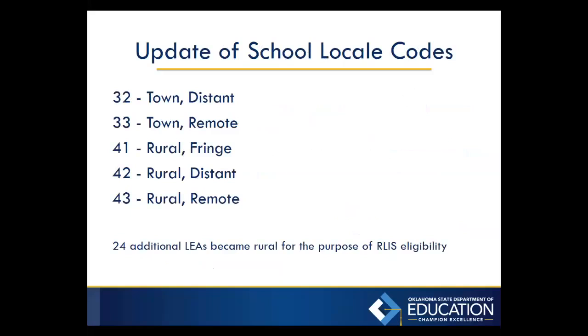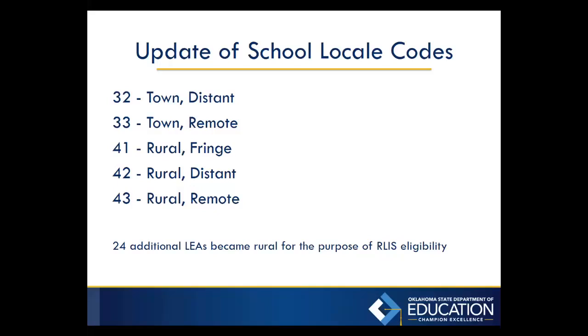With ESSA came two major changes. The first one is the update to the school locale code. Previously, under No Child Left Behind, only 3 locale codes defined the ruralness of an LEA. It ranged from being a small town to rural inside of a metropolitan area or being rural outside of a metropolitan area. Under ESSA, these updated school locale codes now give a more detailed description of rural